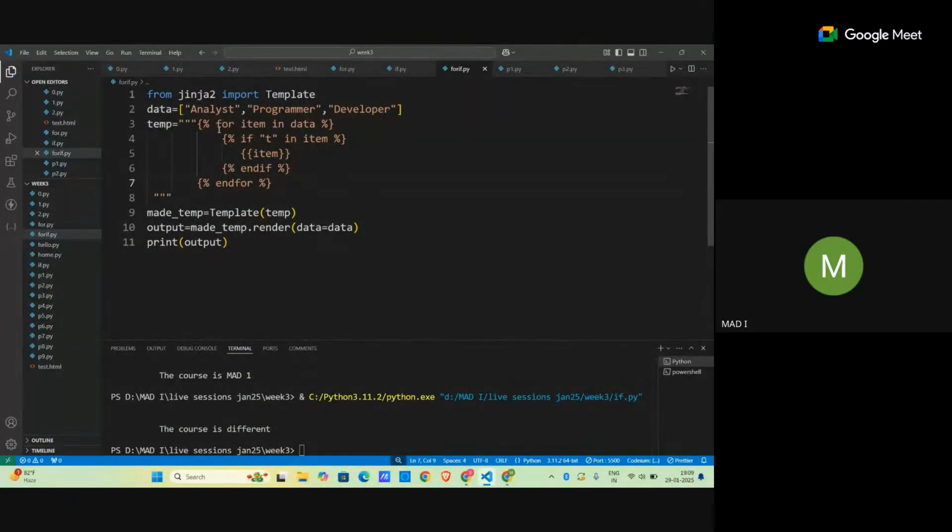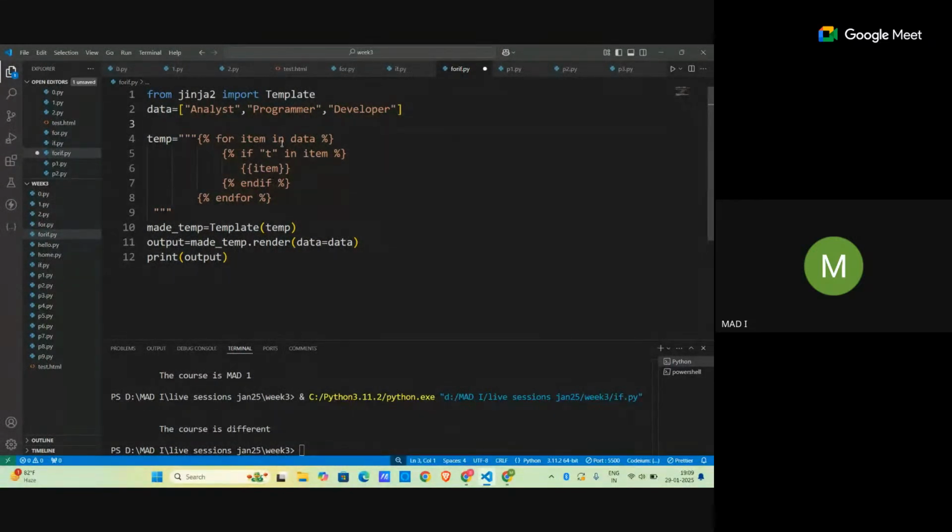Okay. So I am using both a for loop as well as an if condition inside this program. For item in data, item represents these items. It will take the items one by one: analyst, programmer, developer. Now inside this item, I want to check whether T is present or not. If T is present, it will print that data. If it is not present, it will not print that data. Okay. Now if I run this,